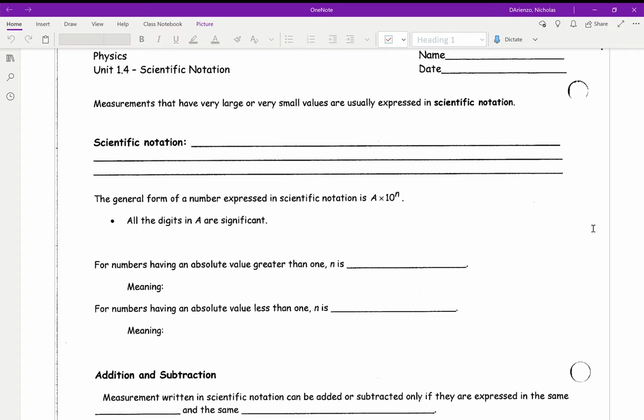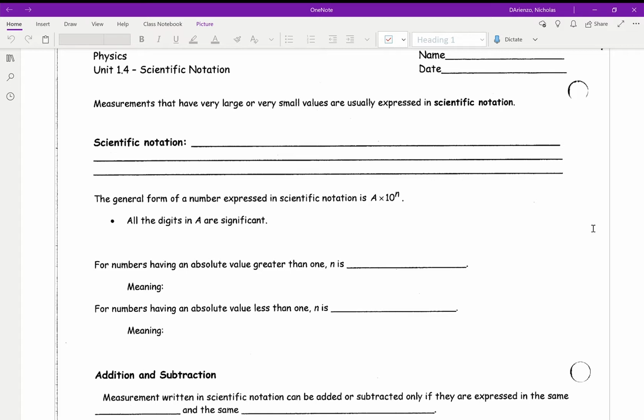But we're going to use scientific notation to express a lot of different numbers this year in physics, and we want to make sure that we have a good grasp on this before we move on. So if you have questions on any of this, make sure you raise them to me or to a classmate when you're in class. So, scientific notation